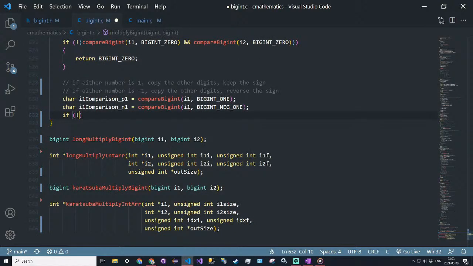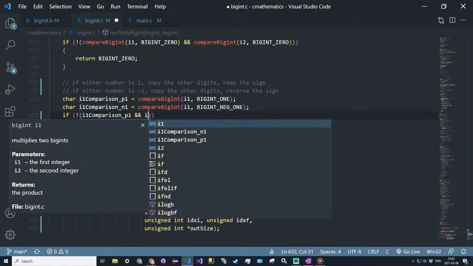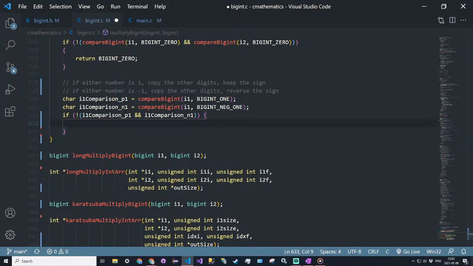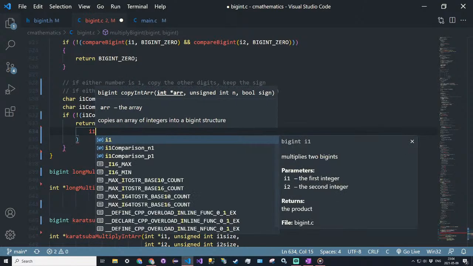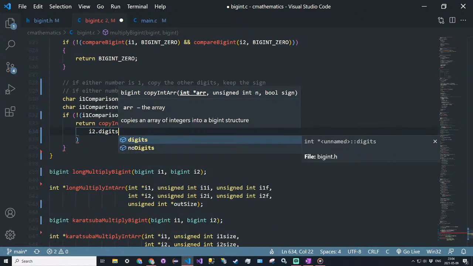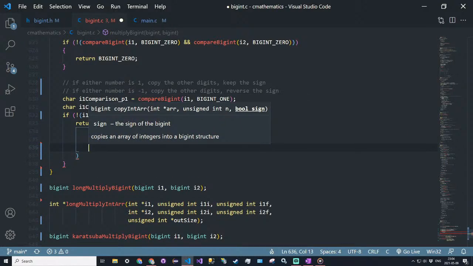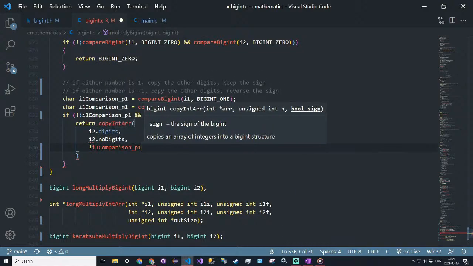So then, more De Morgan's law: if not (I1 comparison P1 and I1 comparison N1), so if either of those are false, then we're going to return a copy of the integer array. So we're going to copy over memory. The source array will be I2.digits, because I1 is 1 or negative 1, so we want to copy the digits of I2. The number of digits is I2.number of digits, and then the sign will be